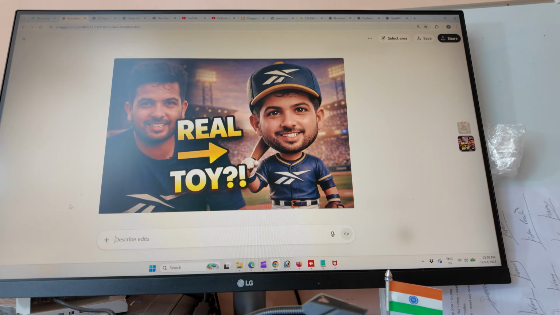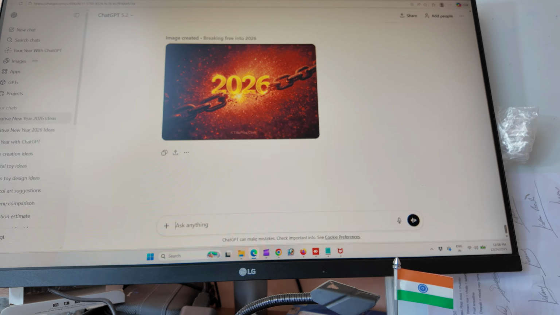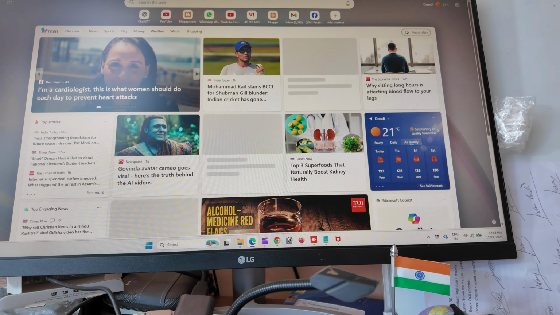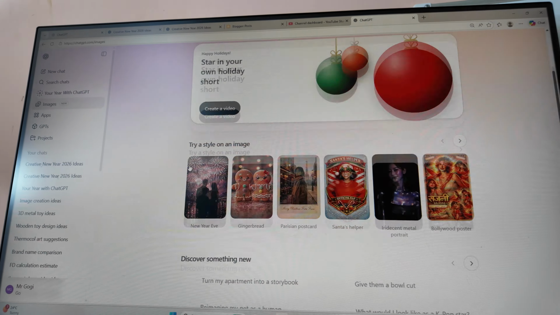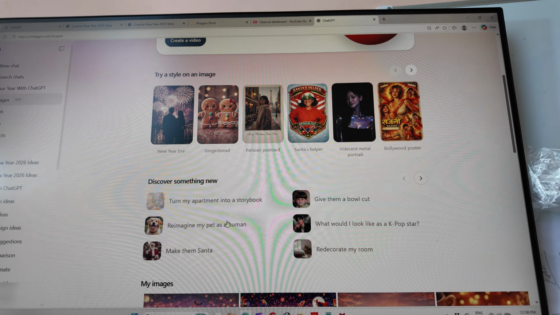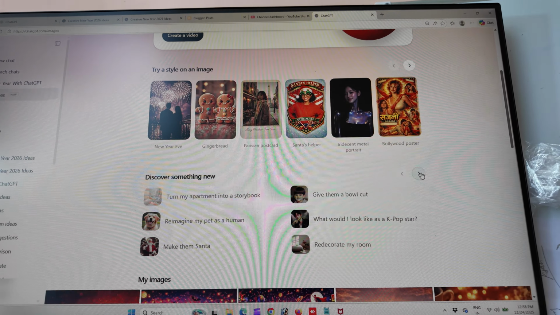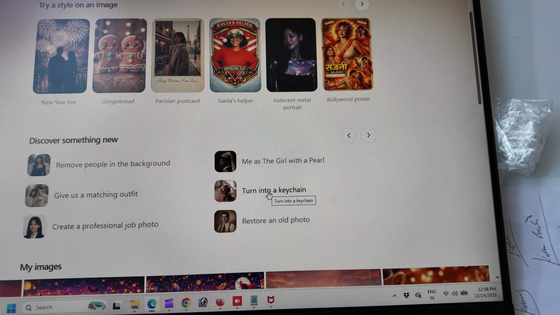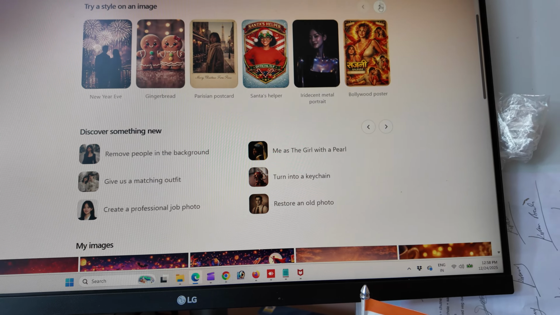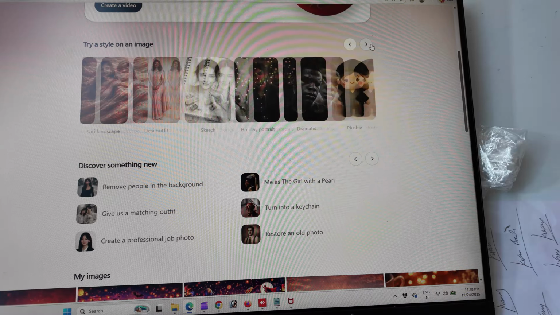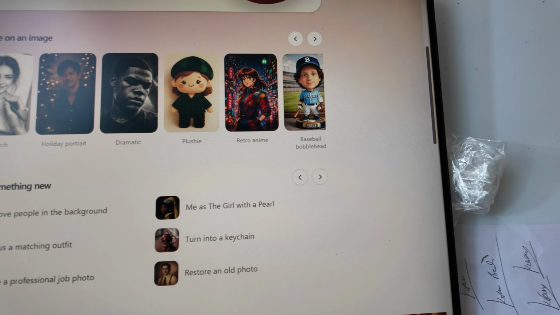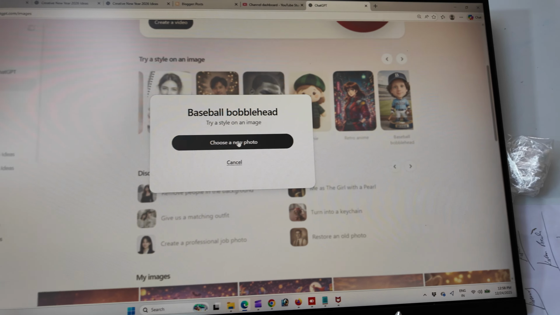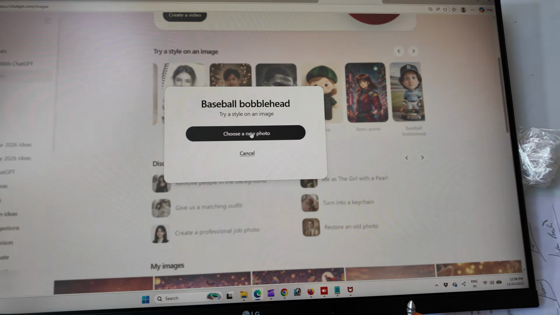First of all, what we have to do, we have to go to ChatGPT, and over there I am showing you that you have to go to this images option, and from there you have to go to this option over here, and you will see this. One second. This one is the keychain, convert into, oh sorry, I wanted to change into baseball bat. Okay, baseball bat, this one is the baseball bubble head. Okay, and choose the file which you want to make a